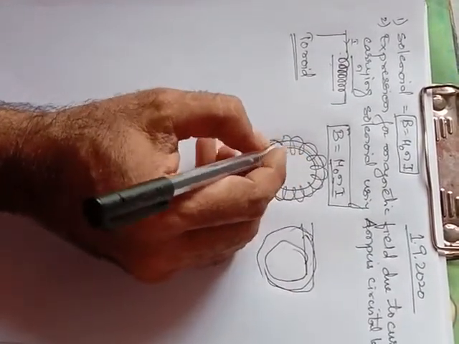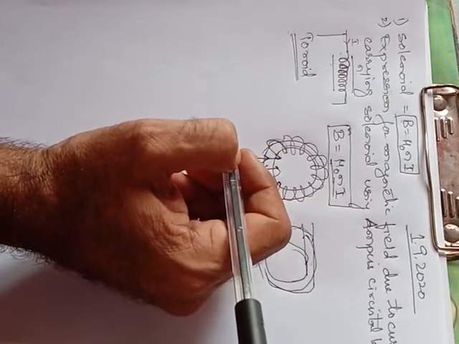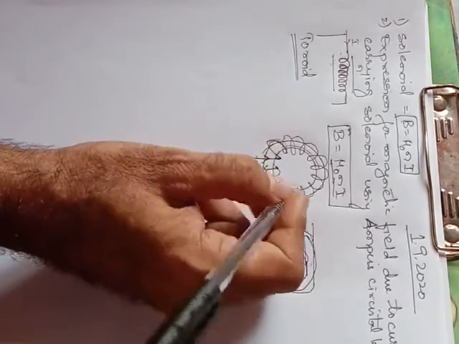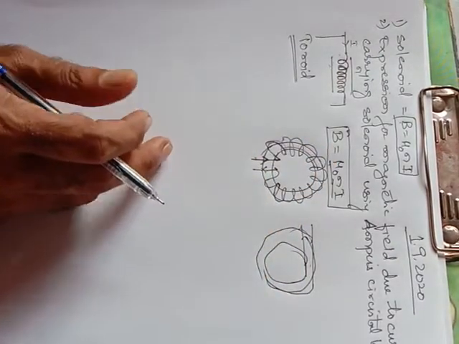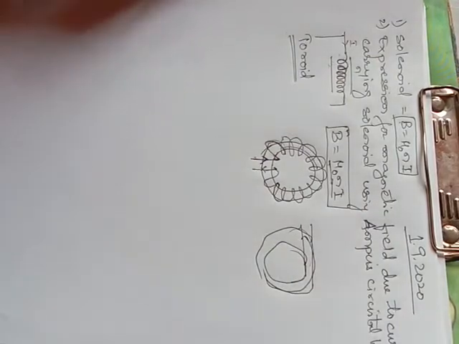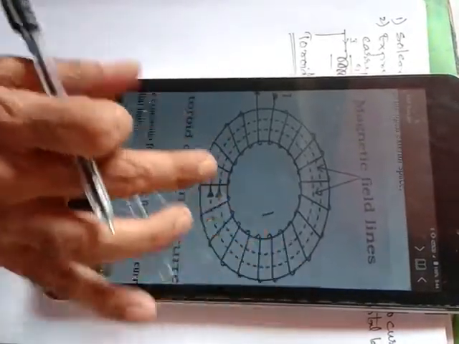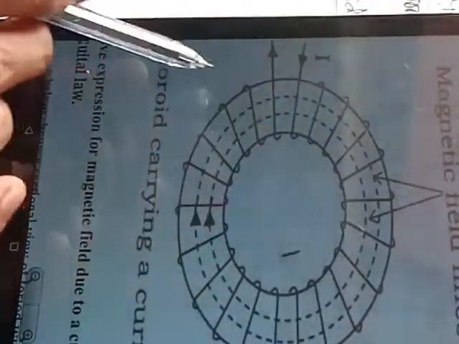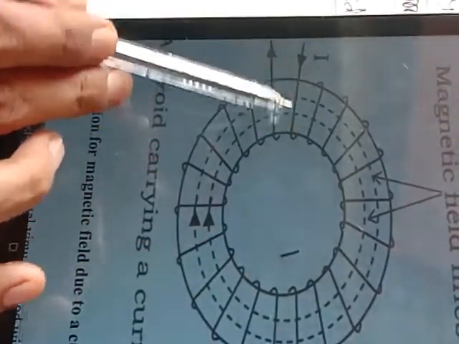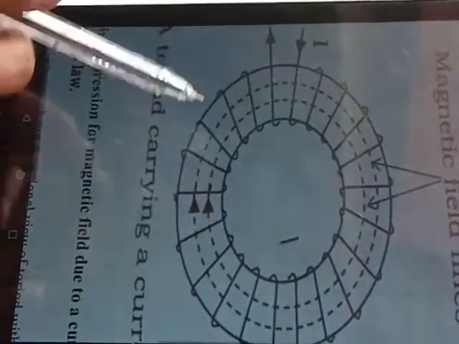So what is a toroid? It is a hollow circular ring on which a large number of turns of wire are loosely wound. Wound, मतलब लपेटा हुआ. For this particular case we will see this diagram. This is the diagram. Here you see the current is flowing through this wire, and this copper wire is wound on a circular ring.